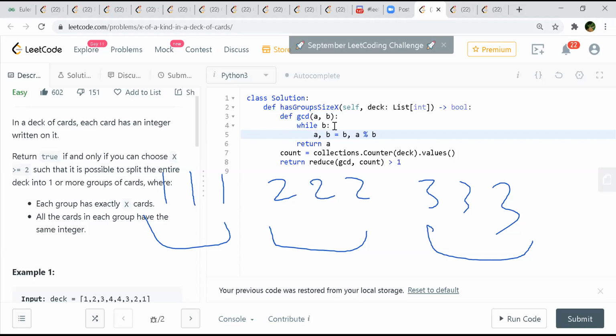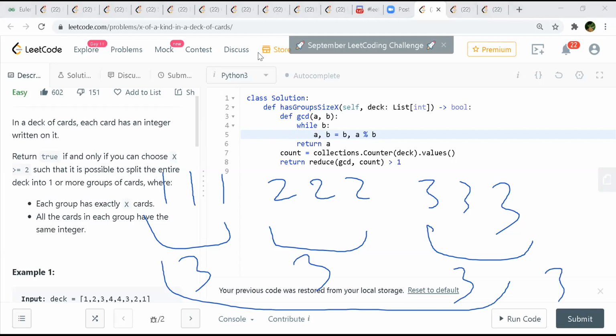So I think therefore what Shashank is saying, the GCD may be fine because we have all these values in the hash map as 3 3 3, and if we find a GCD of all of them, it will be 3. So if it was 2, then the GCD would have been only 1. So that would not satisfy, right? So you are actually finding the GCD only, right? And you are looking for GCD greater than or equal to 2. Correct? Yeah, greater than 1. Greater than 1 means it will be at least 2. Okay, then that is fine.